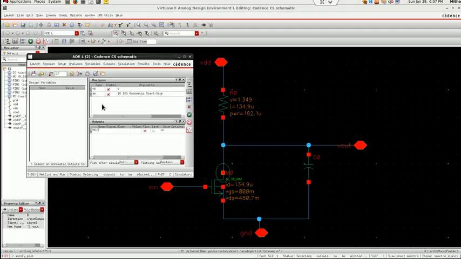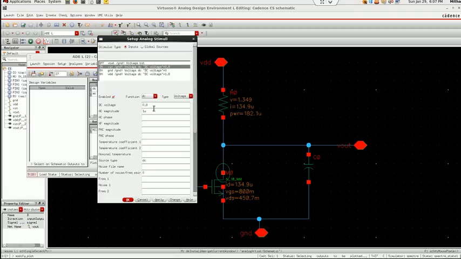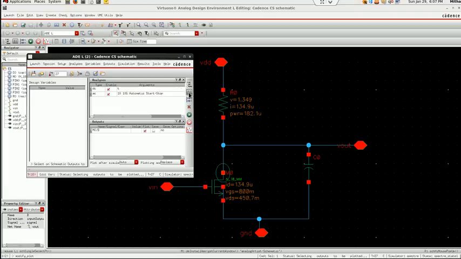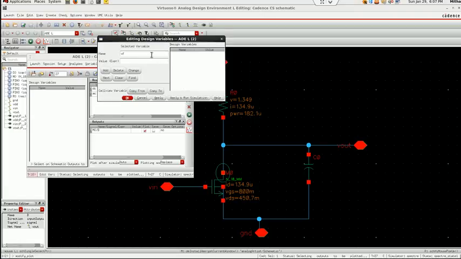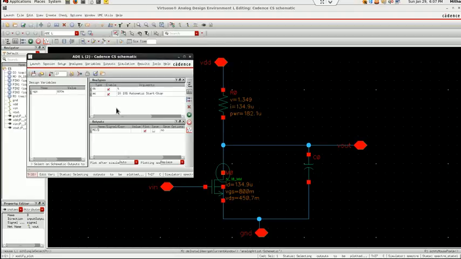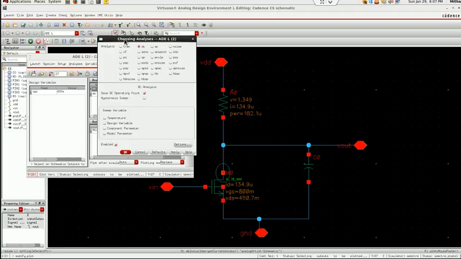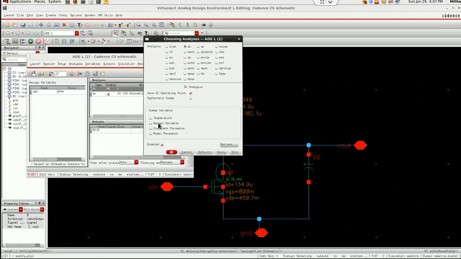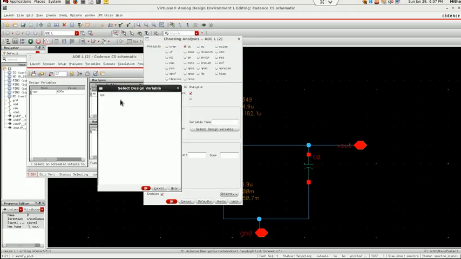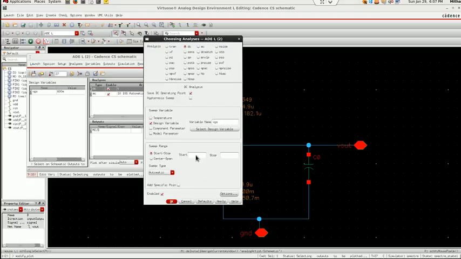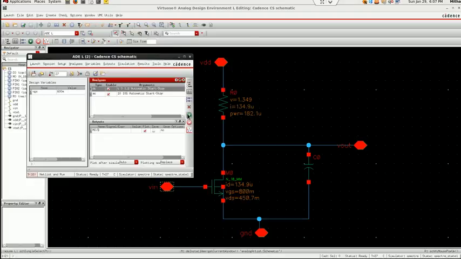Now for the first case we'll take DC sweep. We'll try to vary this VGS, that means I'm varying this Vin here. I'll keep this Vin as a variable, VGS, and I'll define this variable here, VGS. Now for DC sweep, I'll go to my DC analysis here, and choose the design variable. Select design variable. It will give me VGS here. I'll vary it from 0 to 1.8, which is my power supply, and I'll execute it.